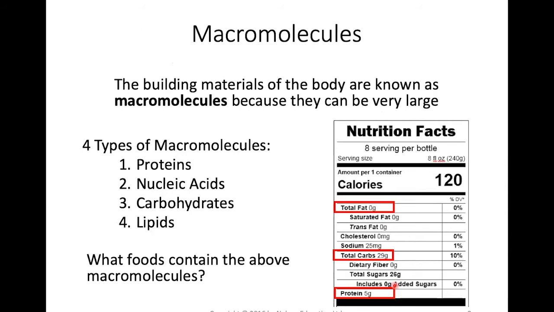Now, there are 4 main types of macromolecules, as we talked about previously. 3 of them you find on the nutrition label: proteins, carbs, and fats. Fats are your lipids. So proteins, carbohydrates, and lipids are all found on the nutrition label. The reason you see them there is because they are providing us with caloric value, with energy of some sort. The reason that nucleic acids are not included on the nutrition label is because they do not provide us with any caloric value. We can't obtain usable energy from breaking down DNA and RNA from animal and plant cell